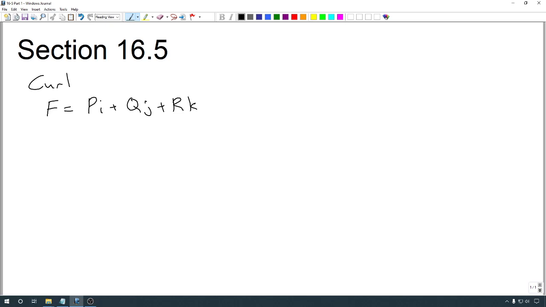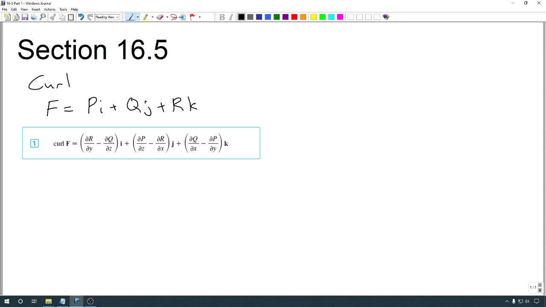curl of F as a new vector field, where the components of the curl are differences between derivatives of P, Q, and R. Now, you might recognize right away the dQ/dx minus dP/dy in the third component. That's something that we were working with for two-dimensional vector fields. Specifically, it was the integrand that we had in Green's theorem. And that's absolutely not a coincidence. The curl is going to be the tool that generalizes most of those results involving those derivatives to a three-dimensional